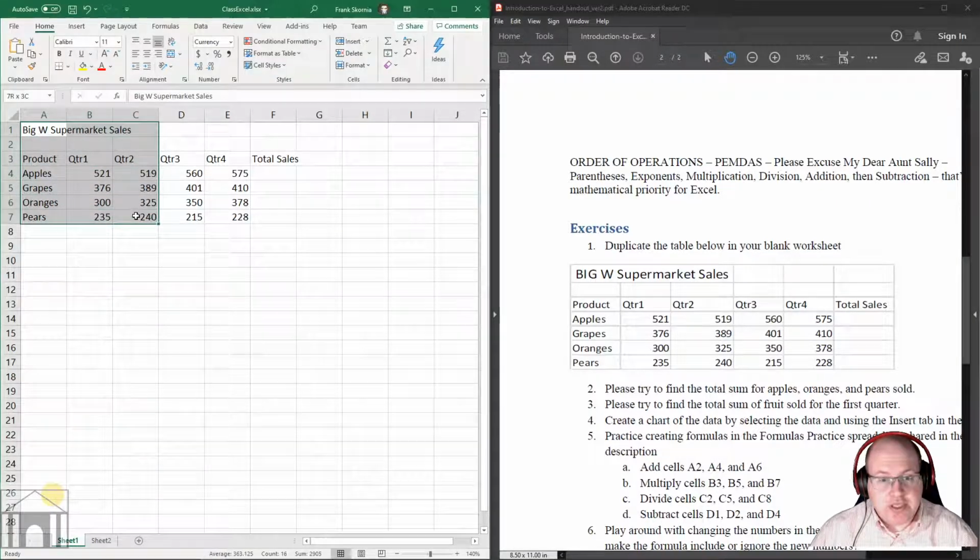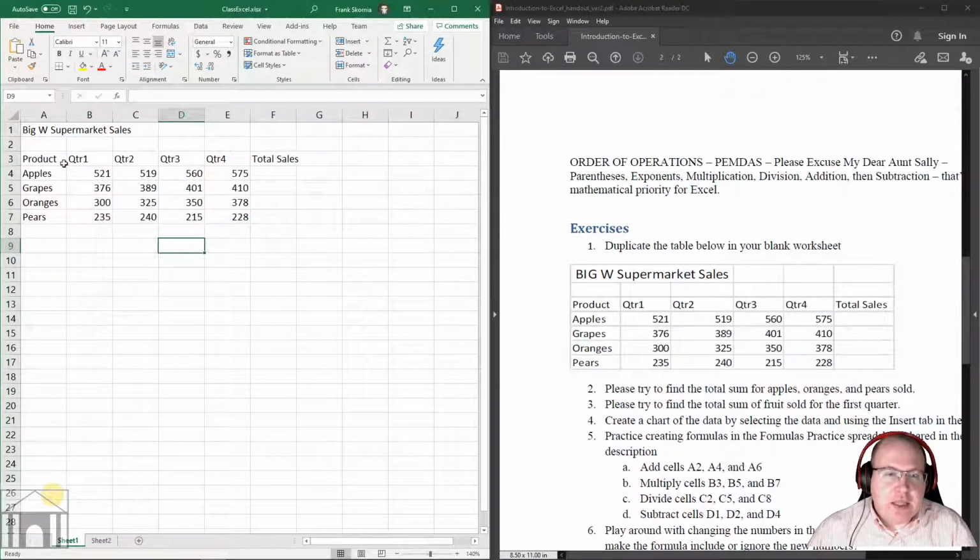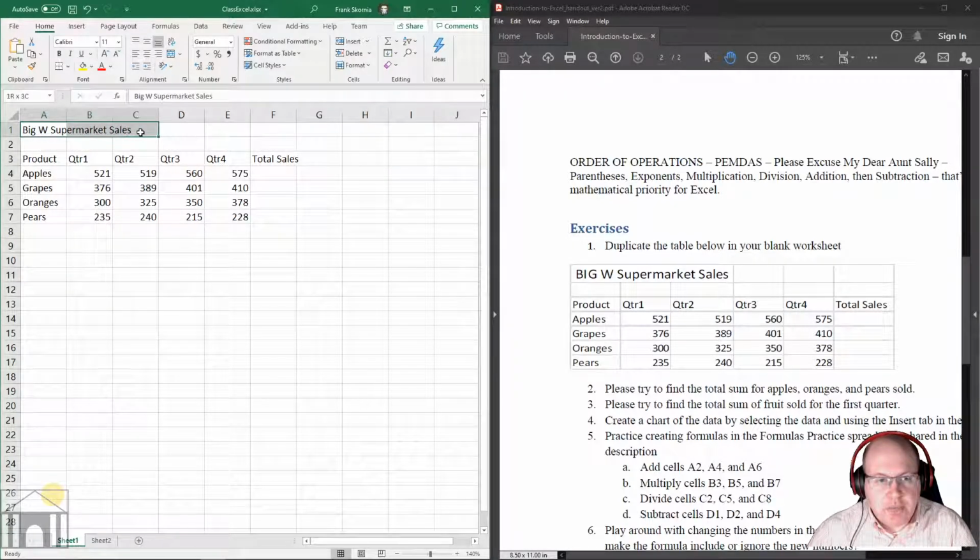So if I do something like this here, I have, what is this, like 21 cells selected all at once. And then anything I do will happen in all of those. So that's the way to select cells to be able to start manipulating and working with the different things in Excel. So what I'm going to do is select my first three cells up here,